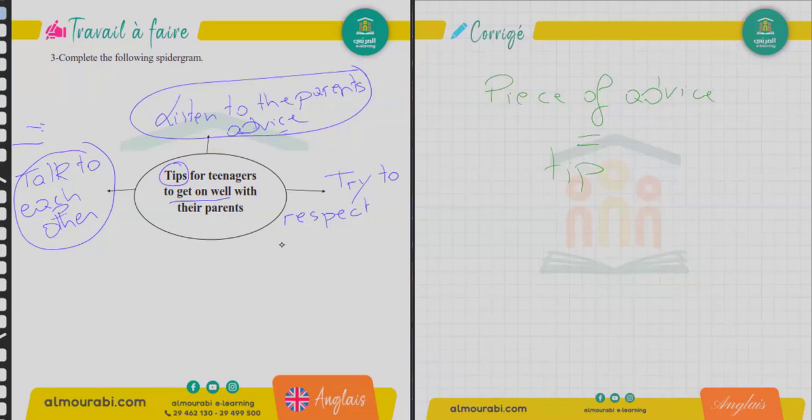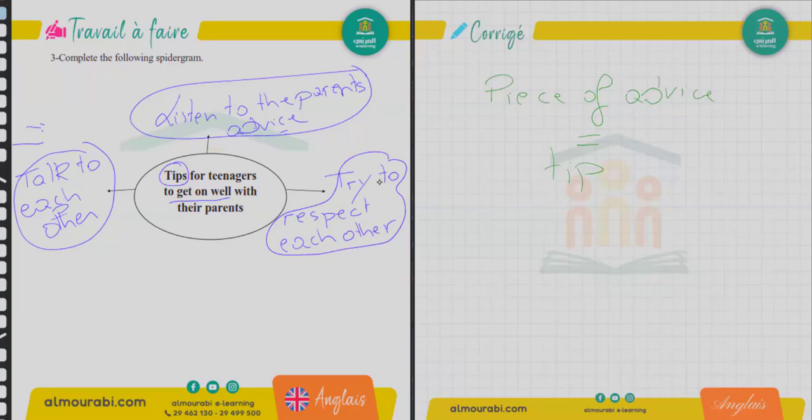And trying to respect. Surtout, even your little one, you must respect him. Just as he respects you, you respect him. D'accordo? At a certain age especially. Here we are talking about a 17-year-old girl. So try to respect each other. Mutual respect. This is very important in any relationship, especially in family relationships.